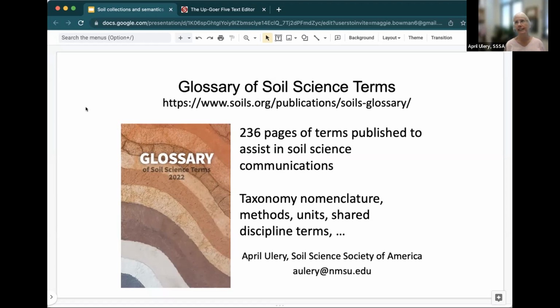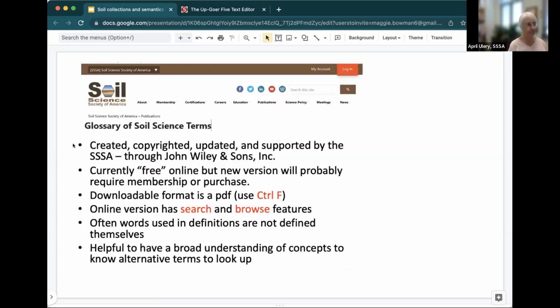What's really interesting about this glossary is that it also tells you the subdiscipline of soil science that might be interested in a particular term, and whether the term is obsolete, how it's best used, or whether you shouldn't use it. Things like that are interesting from a cultural and language viewpoint. Next slide.